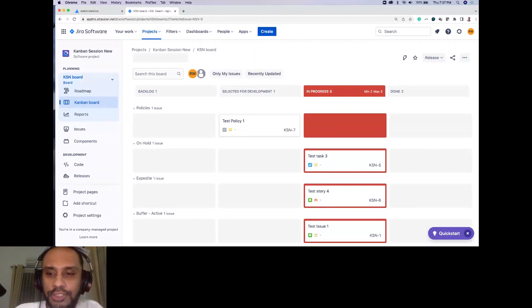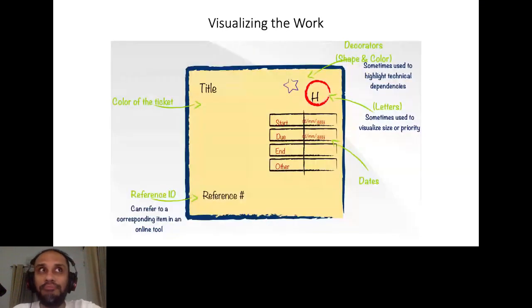Yeah. So I think I was talking about visualizing our work, right? I was talking about visualizing our work. So basically, this is all about creating your tickets, your issues on Jira, right? I'll show this as well a little bit. I'll show you all some good practices in terms of writing stories, writing tasks also, right? And I'll show you all some good practices in terms of making your acceptance criteria visible and all. So these are all important stuff in terms of visualizing your work, right?